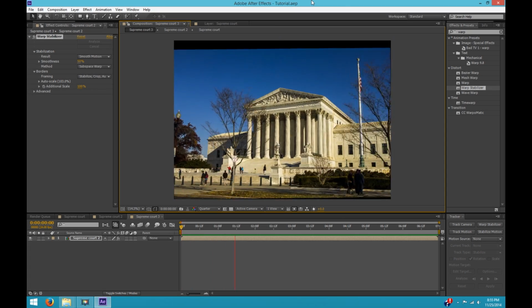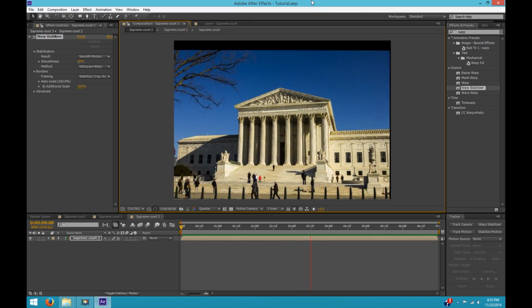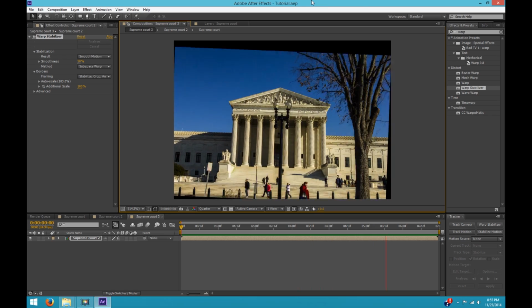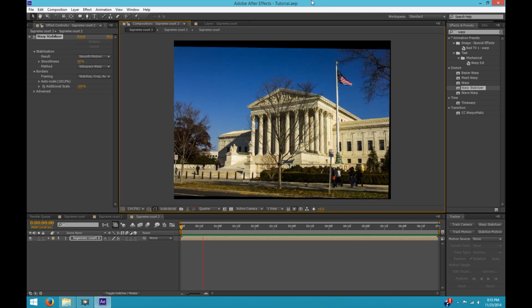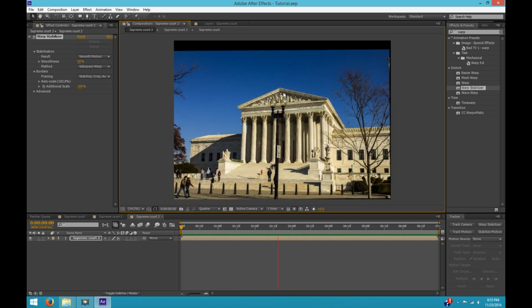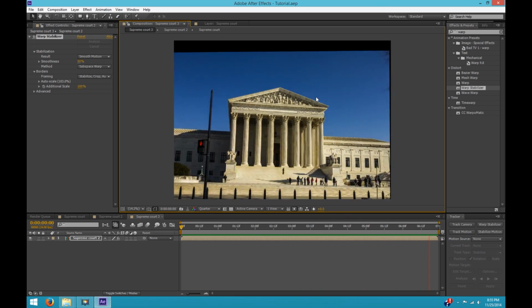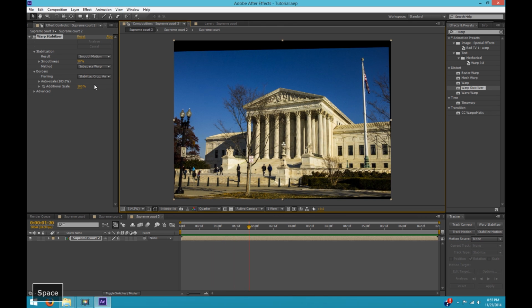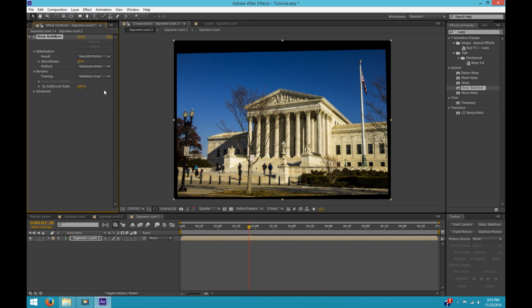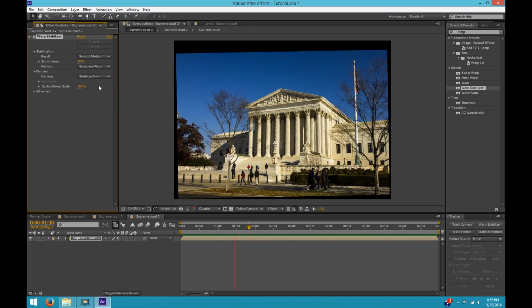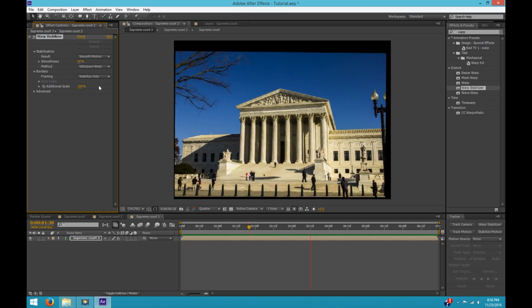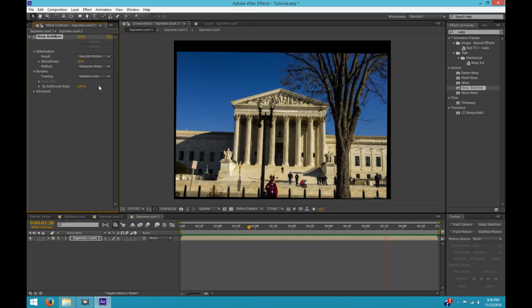So Warp Stabilizer produced a pretty nice result. It looks pretty good and smooth. The only thing I can see is it looks like there's a kind of smooth zoom out and back in just after it passes the tree. I want to see if I can get rid of the auto scale, just stabilize. Let me just do stabilize only and see what that looks like. Well, it still seems to have that little bit of wobble just after it passes the tree.